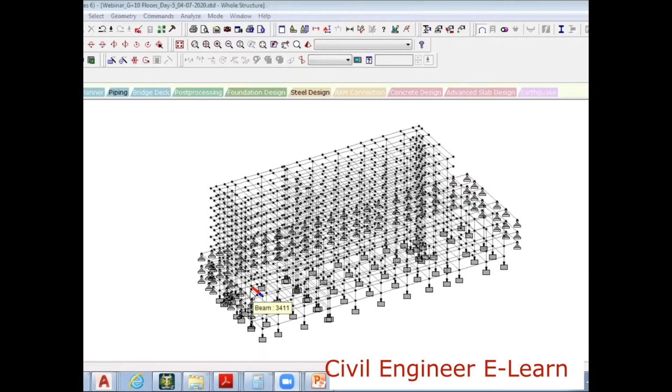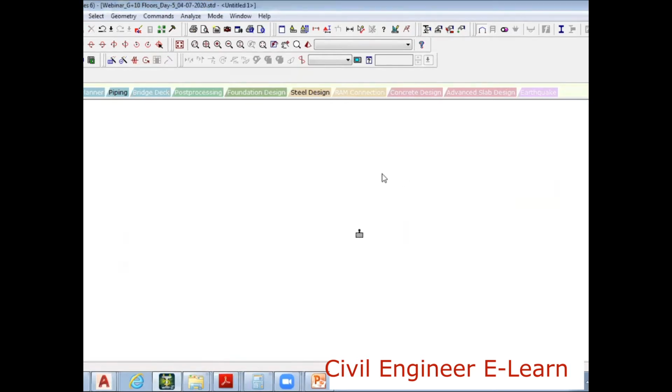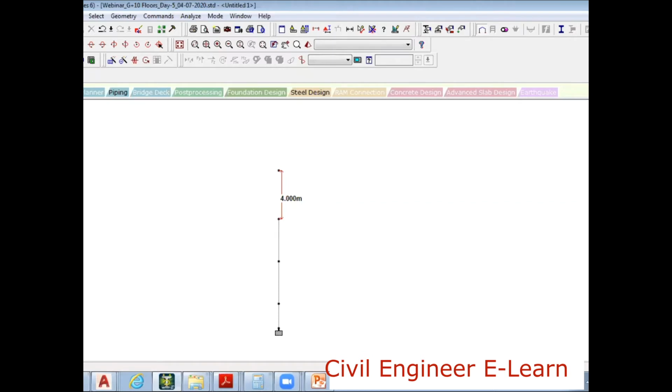So this is not really so tough. The only thing is you select them and delete it. See, I go to this plan view. Let me just select like this. New view. Okay. If I want to delete this, I can just say this. So what is this height? 4 meters. If I want to delete this, I can simply select this and delete this. That's it. If I want to add, I can add it. Select it and press the delete command.